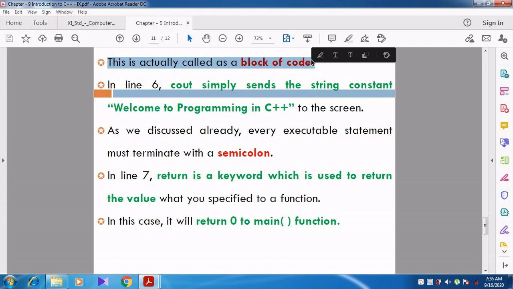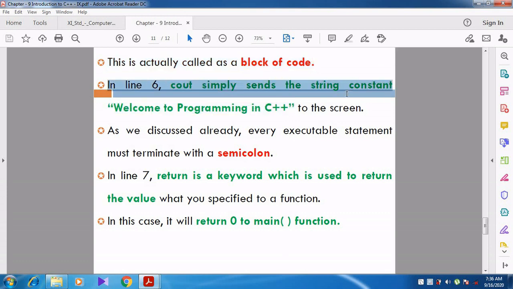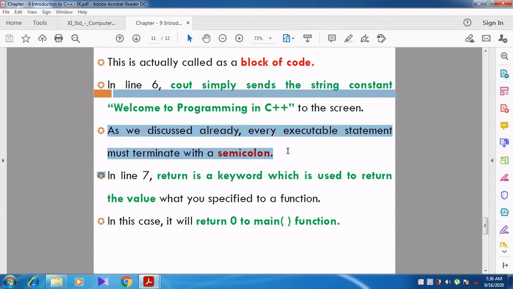In line number 6, cout simply sends the string constant welcome to programming in C++. So in line number 6 we have used the cout statement to print the string. What is the string we are going to print? Welcome to programming in C++. And then as we discussed already, every executable statement must terminate with a semicolon.